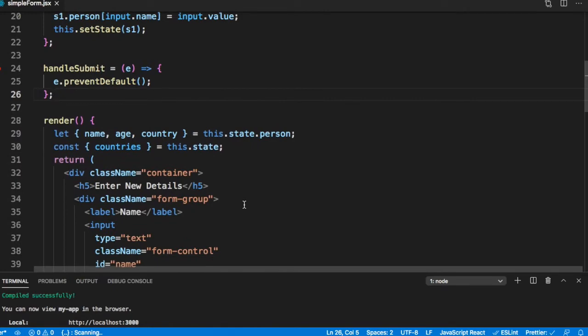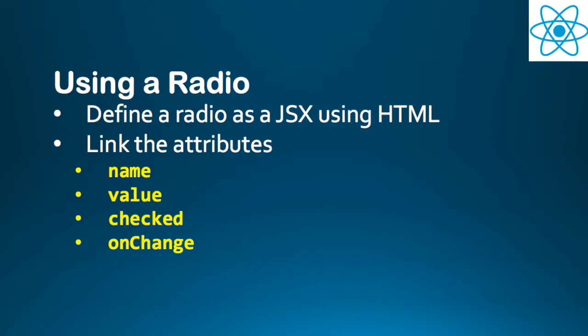Exactly the same way that we defined a text field, we have integrated a drop down in this form. Next, after drop down, let us learn how to use a radio, and the steps will be very similar. Define a radio as JSX using HTML and link the various attributes, especially name, value, checked, and on change. So let's go back to our simple form and add a radio to it.